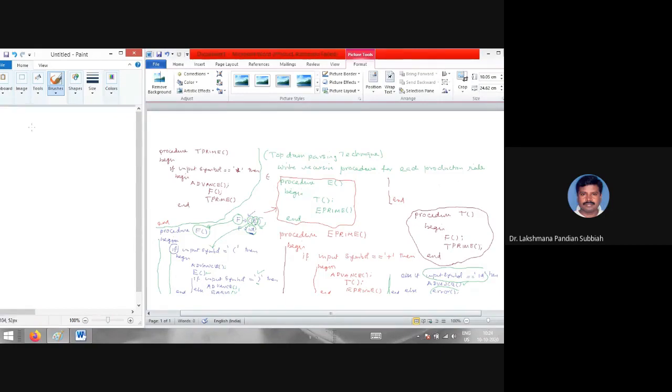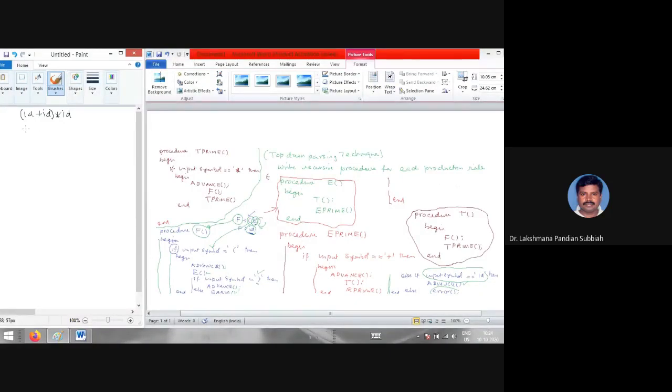Here you consider one input as ID plus ID star ID, or otherwise we can have an open bracket ID. So this is one string. For that string we are going to do parsing action using recursive descent parsing.